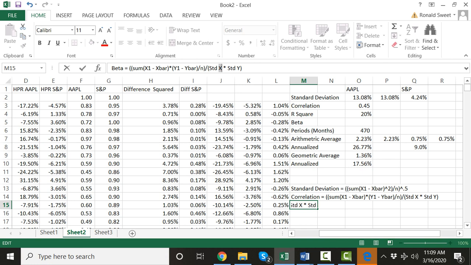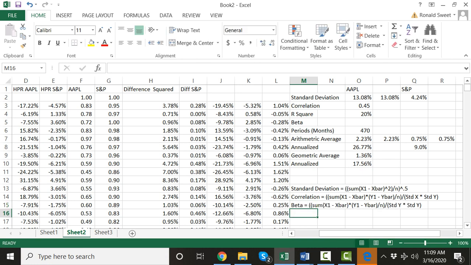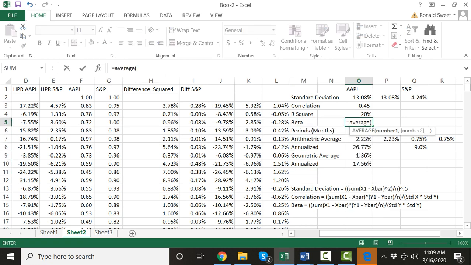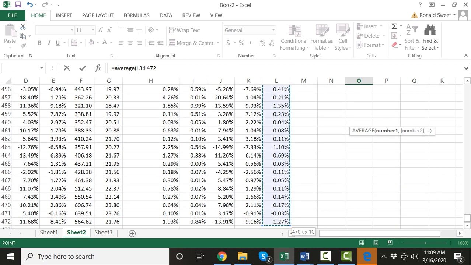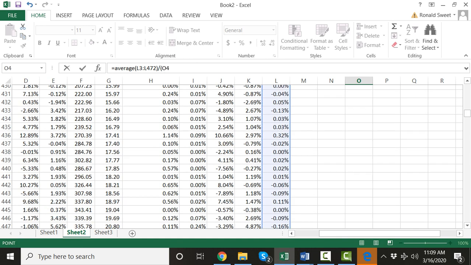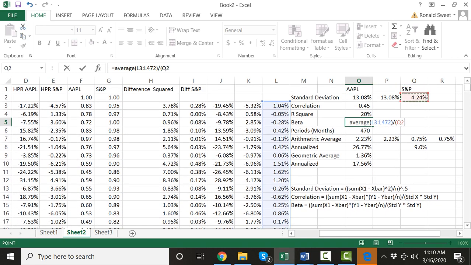So it's the exact same formula with that one change. So I'm going to do equal average of the sum of differences, just like we did for correlation. This time I won't make the mistake of dividing by 470, and then I'm going to divide that by the standard deviation of the market times the standard deviation of the market, and that should get me